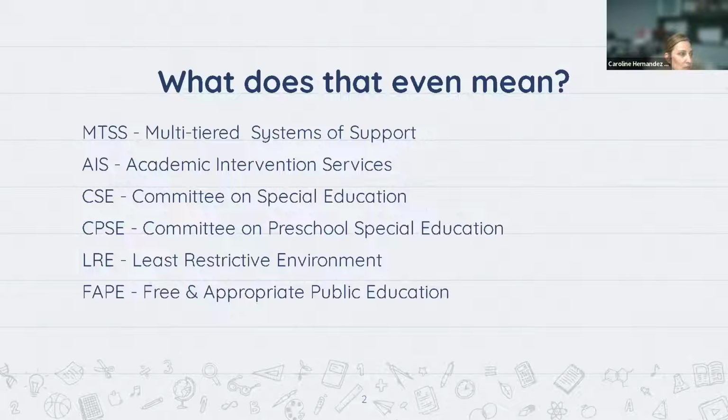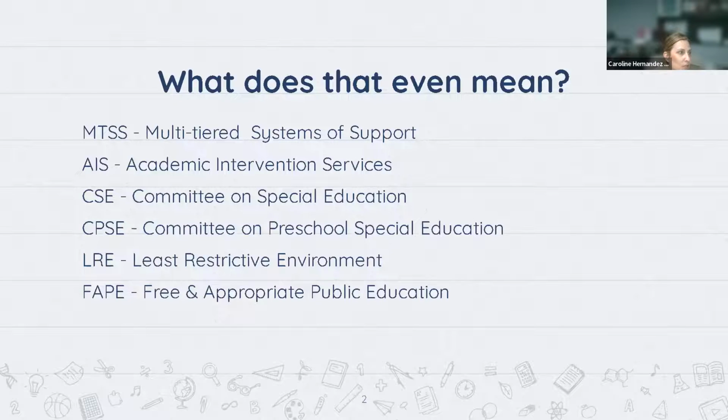Our aim in all of this is to educate students to be successful in their least restrictive environment, and I'll talk more later in the presentation about what exactly that means. But we always want students to be able to be successful as much of the time with their general education peers as possible, even if that means that they need special supports to be able to do that. And all of that is really what constitutes a child's free and appropriate public education, which is a right that students have.